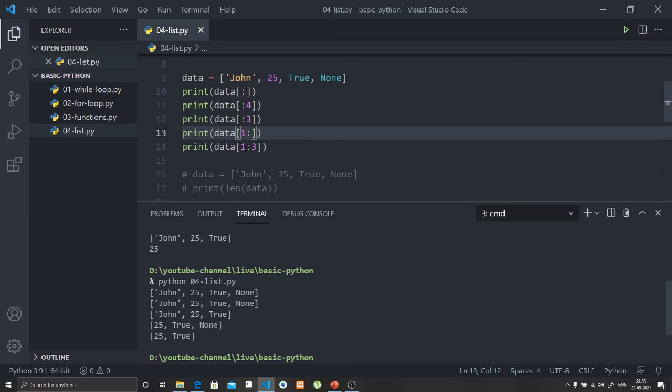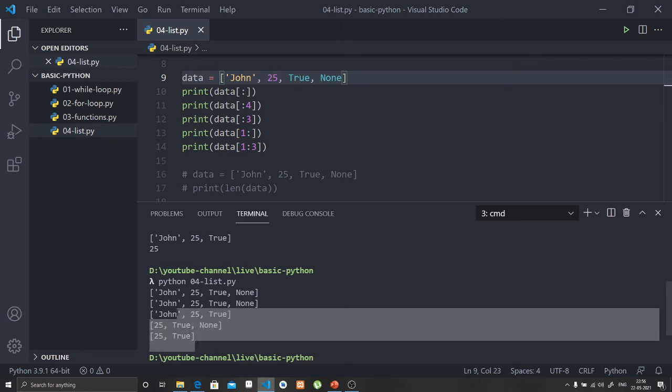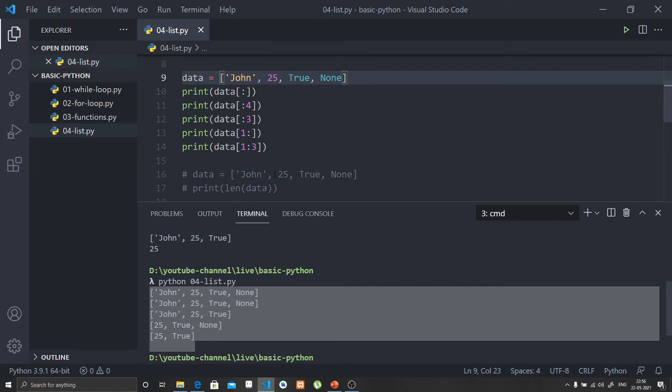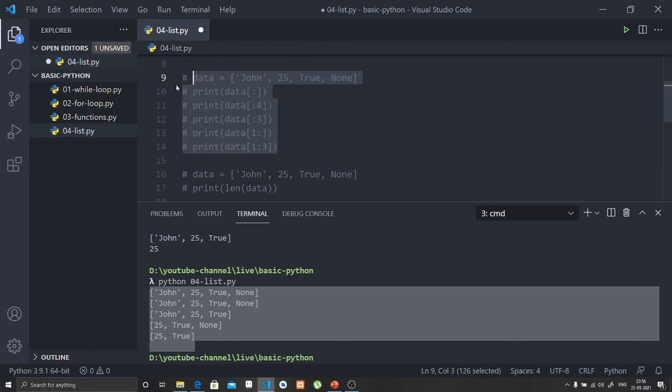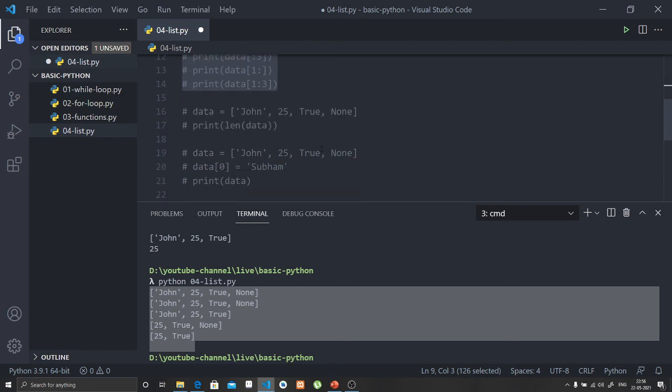And if we give particular values, 1 to 3, it will start from the first index, print the second index, and then exit. This is the final output. Let's comment this out, and let's go to another example.